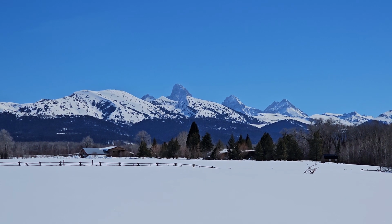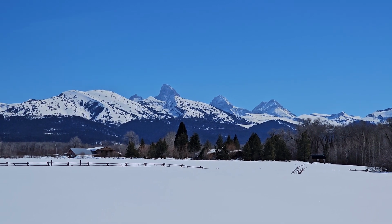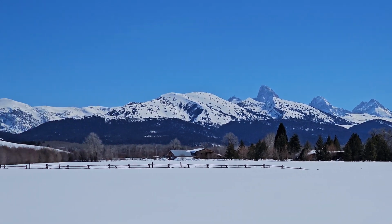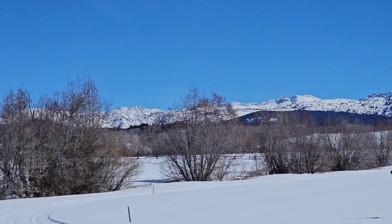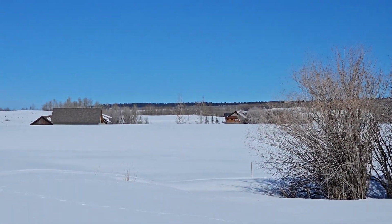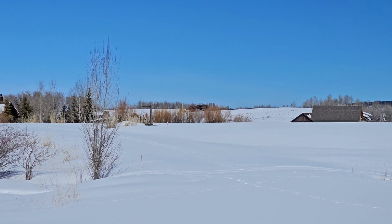I'm here at North Leigh Creek Ranch. I'm going to take a look at lot 25, courtesy Teton Valley Realty. Right now I am on a subdivision road. The subdivision roads in this community are paved, although they aren't plowing the subdivision roads in this section since there